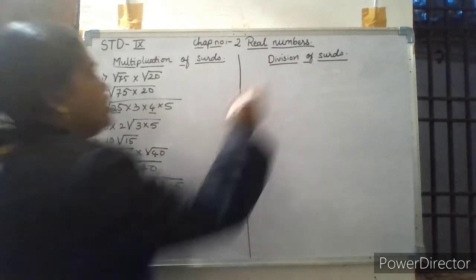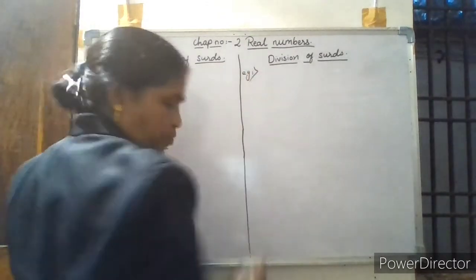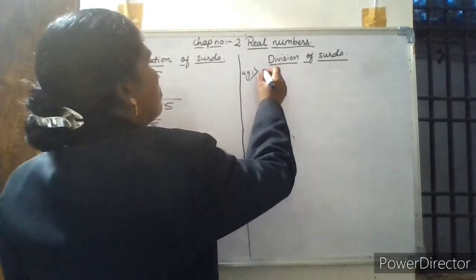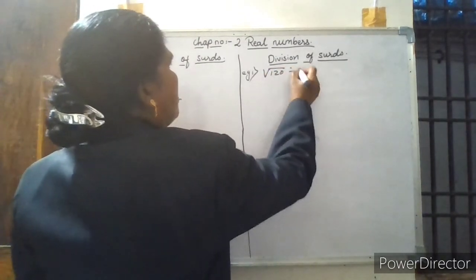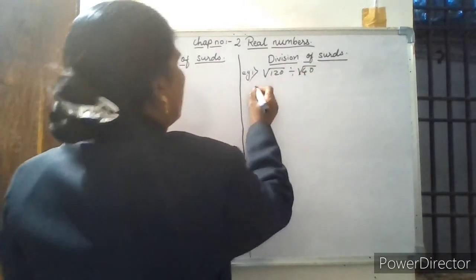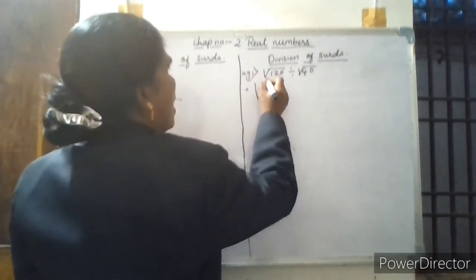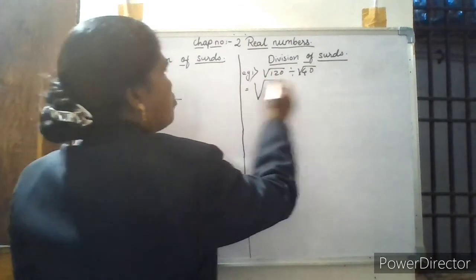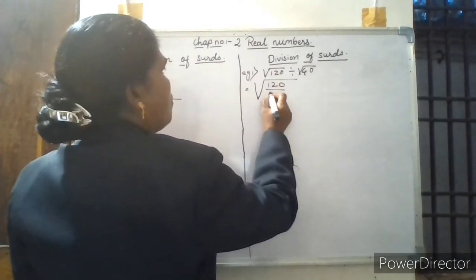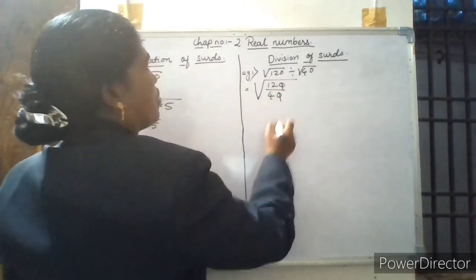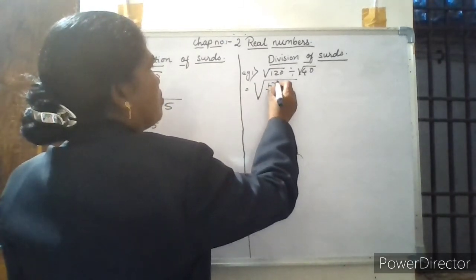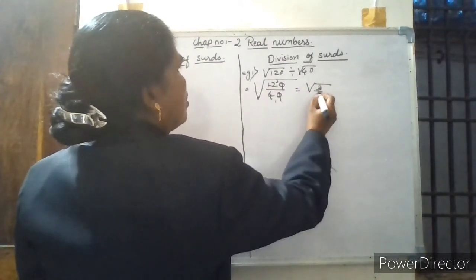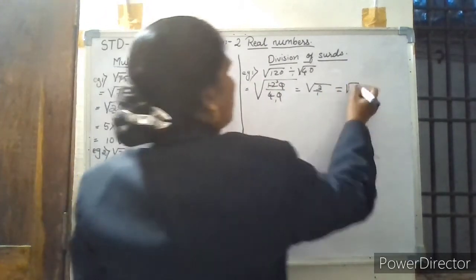Now, division of surds, example 1. Root of 120 divided by root of 40. Suppose. Then we can take them under one root in this form. This is also a square root, so the order is the same. Therefore we can take them under one root as 120 divided by 40. The zeros cancel. Then 4 ones are 4, 4 threes are 12. So this is equal to 3 by 1, and that is equal to only root of 3.